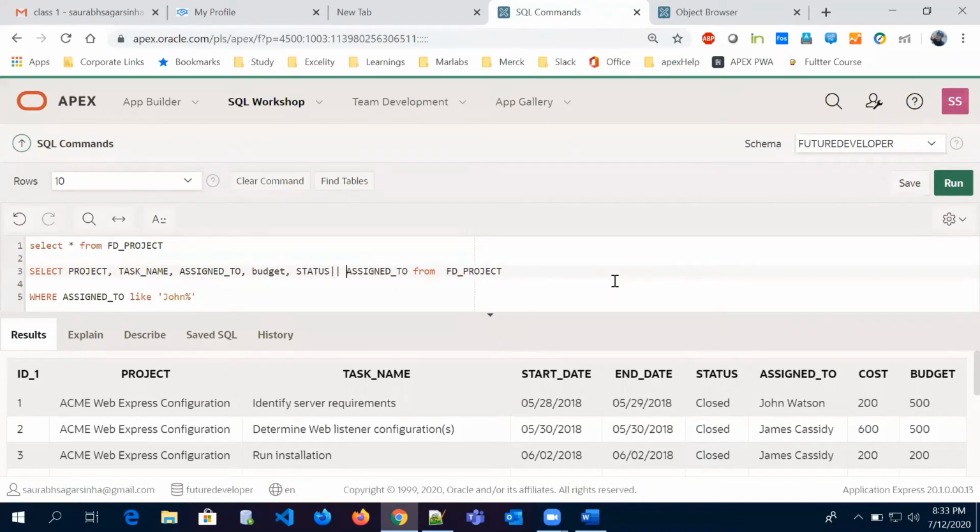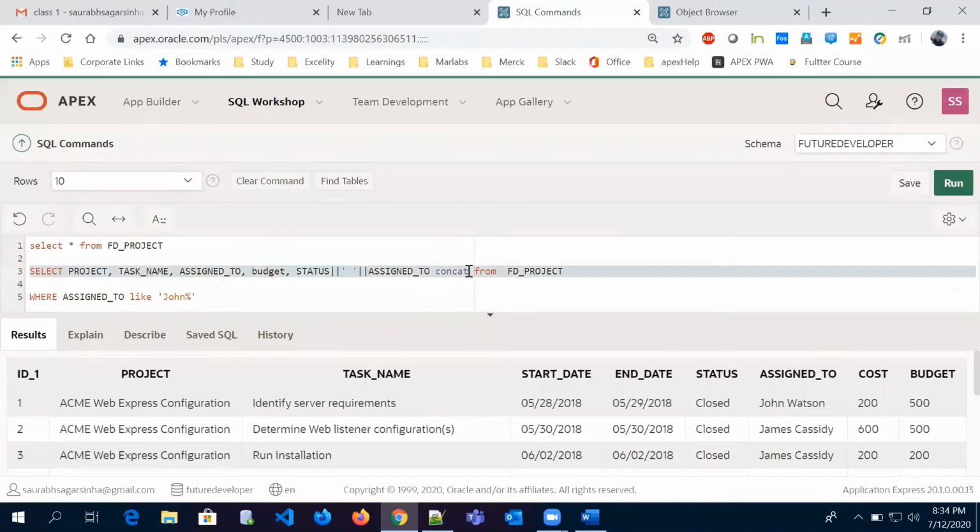And for the concatenation operator, I want to give a space. So for space, I'm giving a space under single quotes, and I concatenated status with this space, and the whole thing I'm concatenating with assigned to. Okay, so very simple. I'm giving an alias name here, concat.